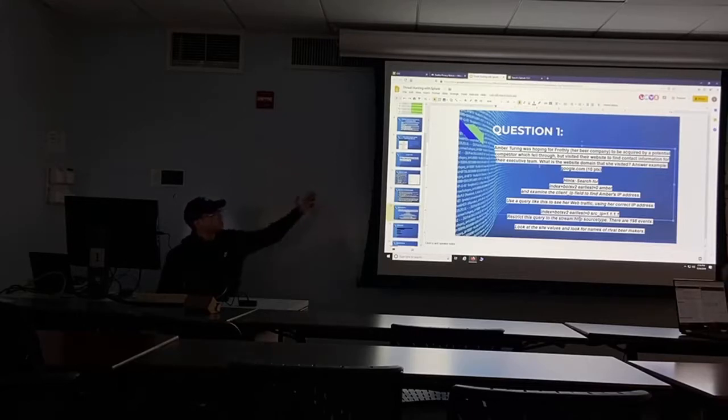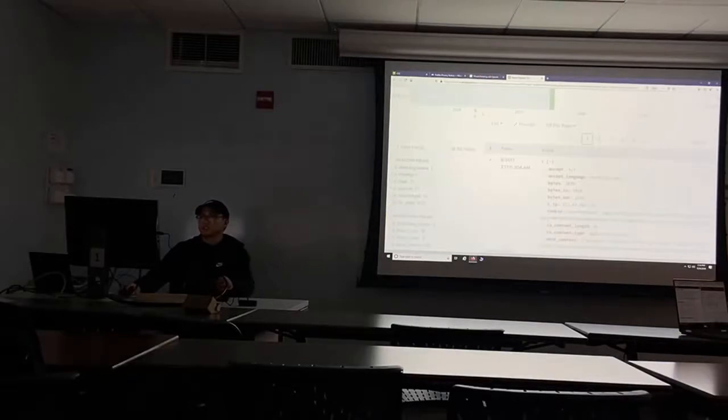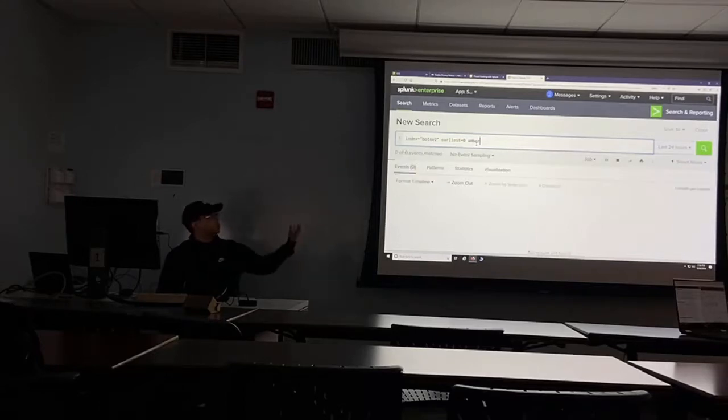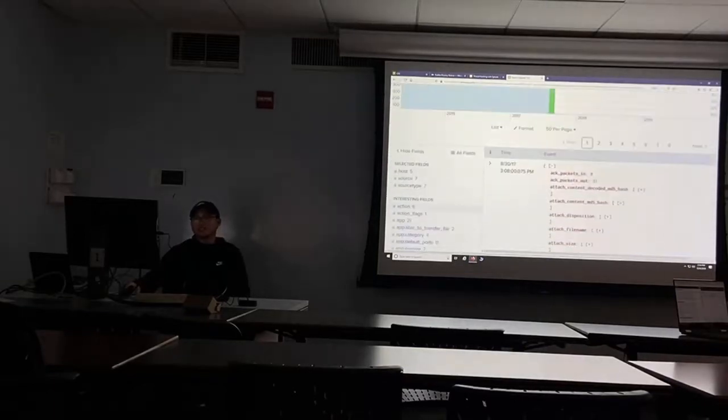I have the hints enabled for this one, just for learning purposes. For the next few challenges, they're going to be obfuscated, and you can uncover them if you need them. But for now, since I'm working with you on this one, we're going to look through this. The hints say search for index equals botsv2, earliest equals 0, Amber. This query searches for the user Amber, or any events related to Amber, and you should find a lot.